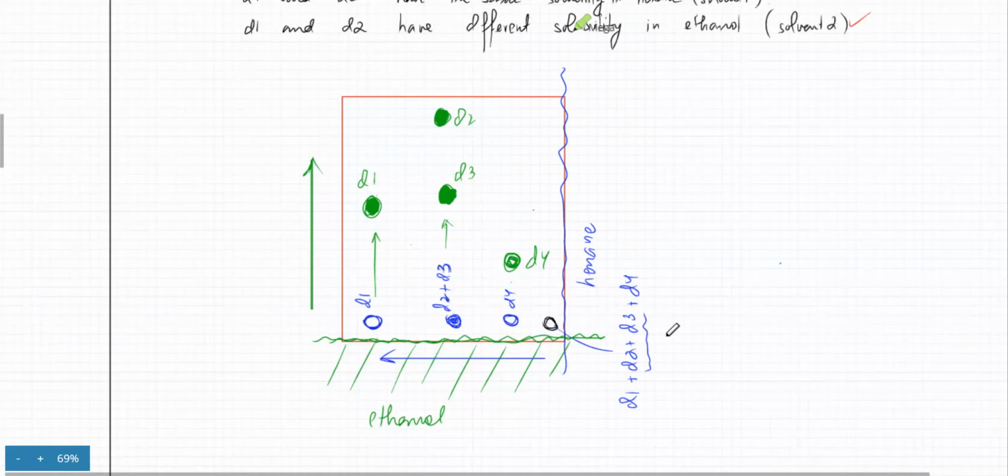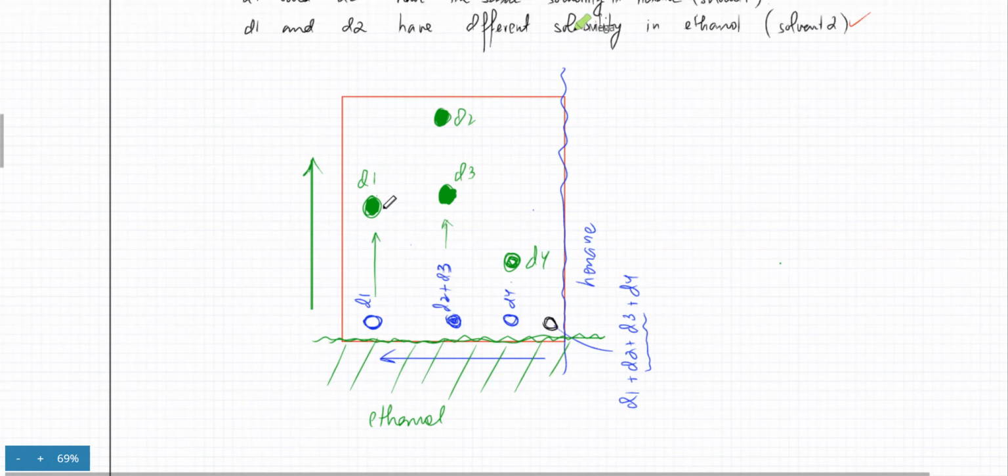Okay, first thing was you did chromatography in this direction, and you got these blue spots. Okay, the black spot that you added over here, पहले आपने hexane में डाला, ठीक है, and the dye started traveling in this direction. Or you got dye 4 that got separated, dye 1 got separated, but dye 2 and dye 3 did not get separated because they had exactly the same solubility and they traveled exactly the same distance. फिर आपने उस पेपर को उल्टा किया, उसमें से निकाला, and you dipped it into another, उसकी जो side है ना, the other side, you dipped it into another solvent which is ethanol. Then ethanol started traveling in another direction, and your dyes got separated because of ethanol.